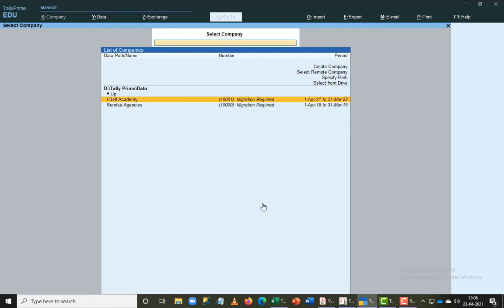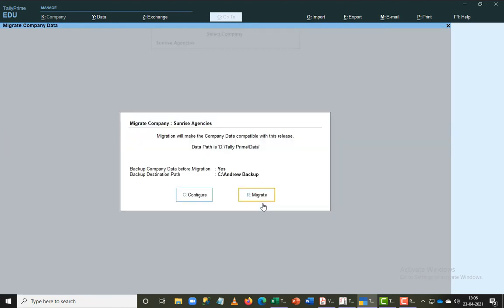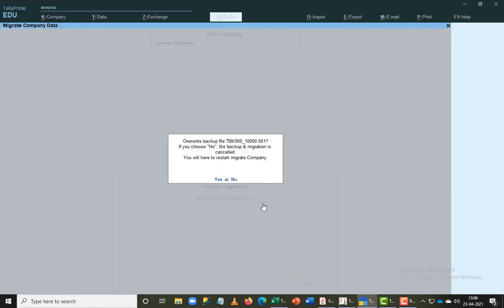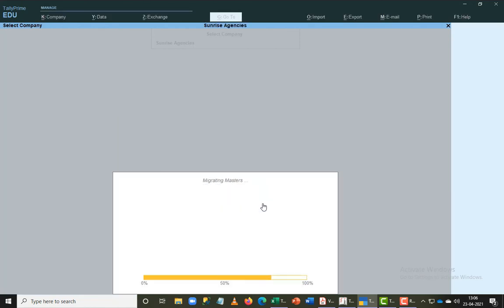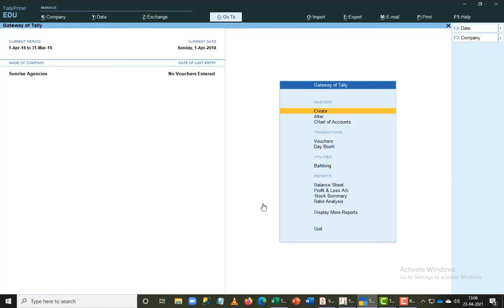Now you can see it shows that these do not belong to Prime data, because it says Site Self Academy comes in migration required. So it is Tally ERP9. I want to show the report here instead of typing everything and dragging and doing the same component one more time. Instead, when I give an enter here, it automatically migrates the data for me. So I'm going to migrate the data from Tally ERP9 to Tally Prime.